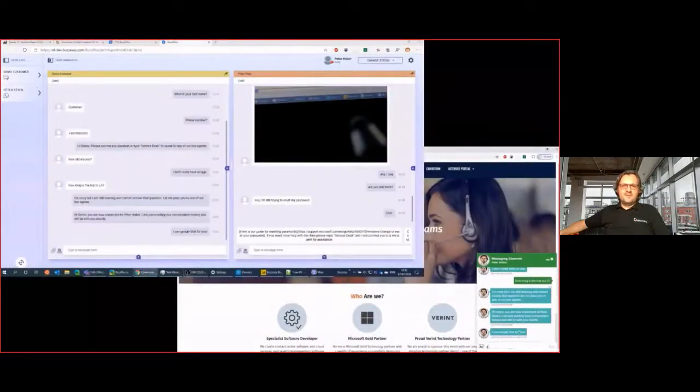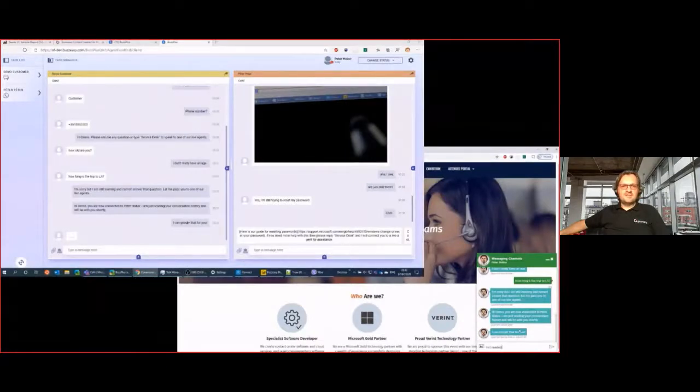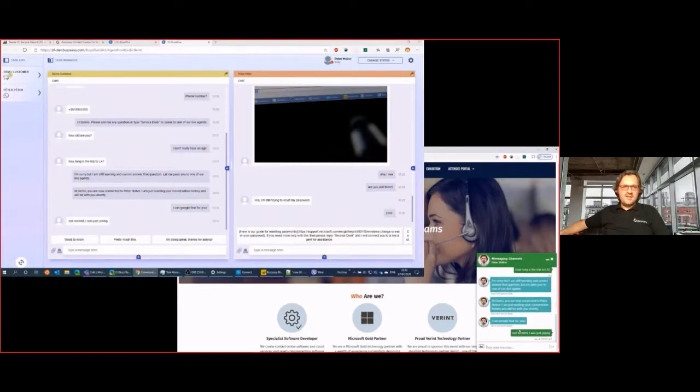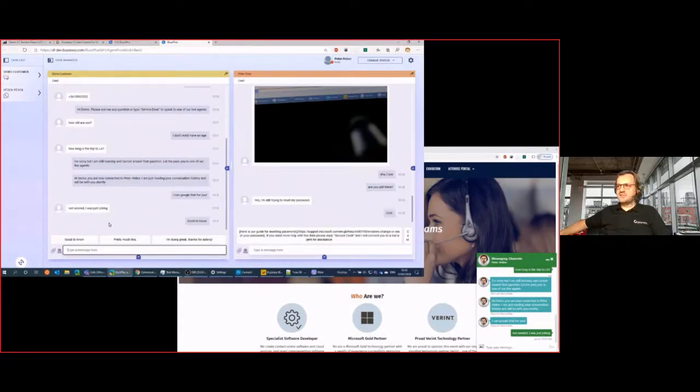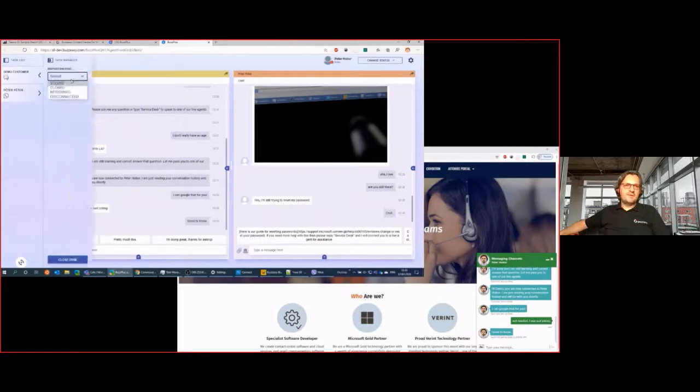Have a little fun here, but as we see that this is not really a serious conversation, so we shall quickly close this down. And as you can see, even with this small talk type of things, you can have suggested responses that the agent can quickly use, and basically can close this conversation by choosing a closure code, as we showed before, and tagging that this was not really an important one.